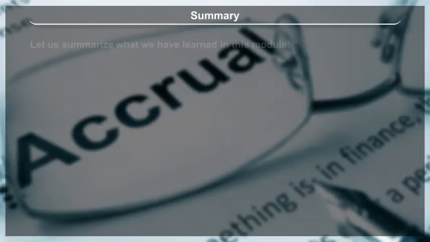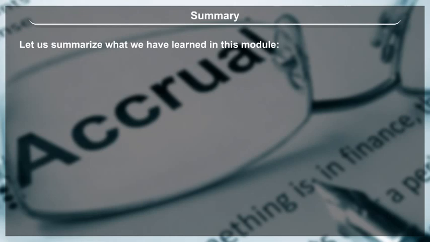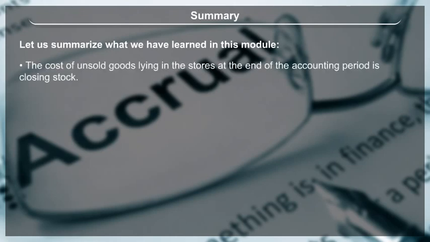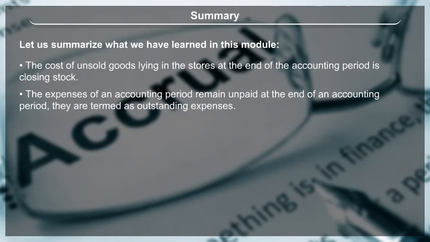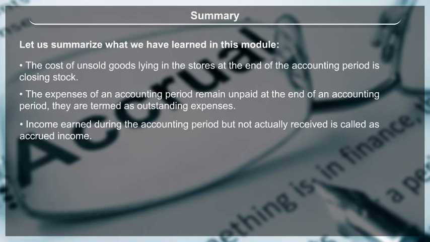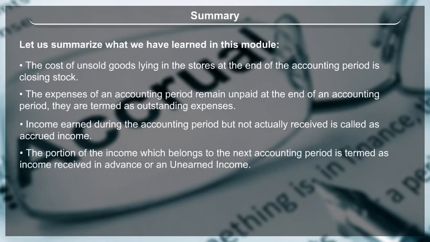Summary. Let us summarize what we have learnt in this module. The cost of unsold goods lying in the stores at the end of the accounting period is closing stock. The expenses of an accounting period that remain unpaid at the end of the accounting period are termed outstanding expenses. Income earned during the accounting period but not actually received is called accrued income. The portion of the income which belongs to the next accounting period is termed income received in advance or